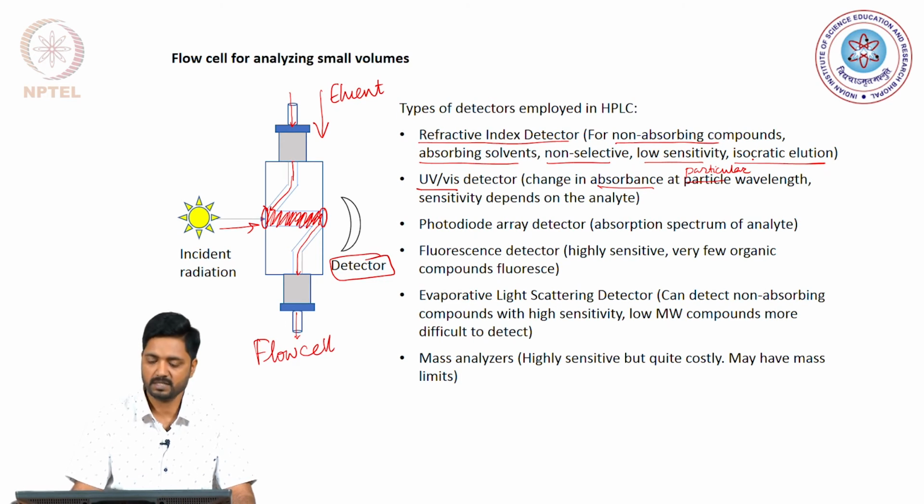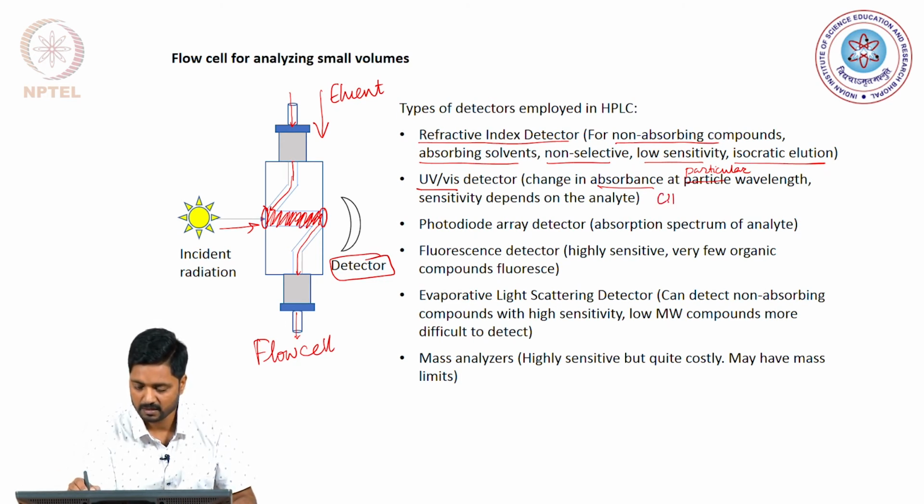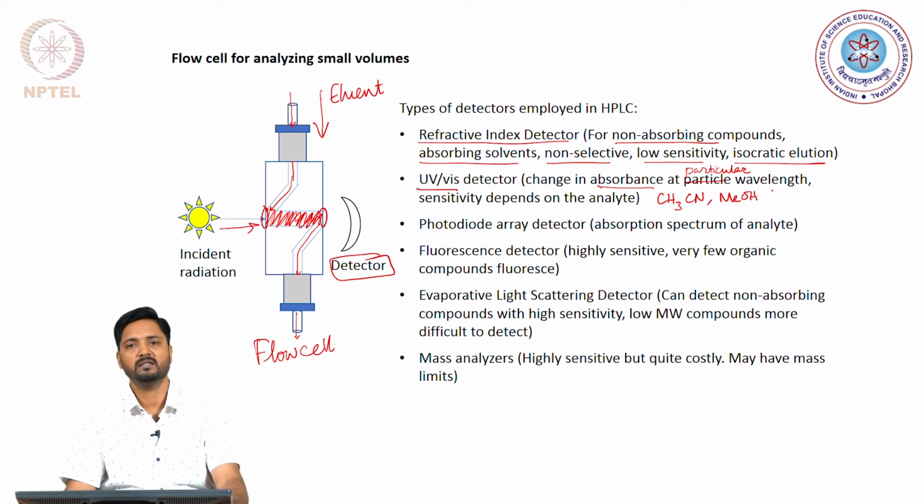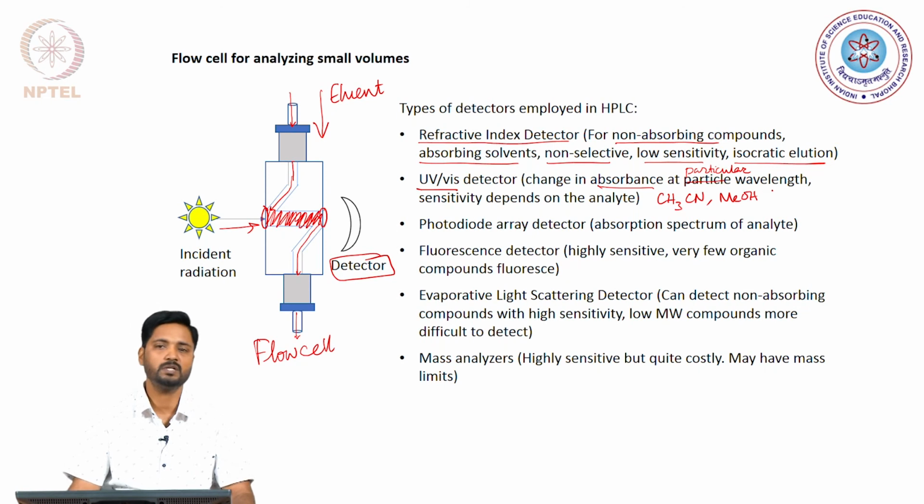So, solvents such as acetonitrile, methanol, etc. will work much better than a solvent say like ethyl acetate, because ethyl acetate will have a strong UV vis absorption profile, and the same will be true for aromatic solvents such as benzene or toluene. So, we would be restricted in terms of what solvents can be used when we are using a UV vis